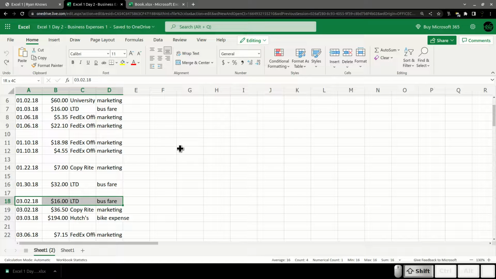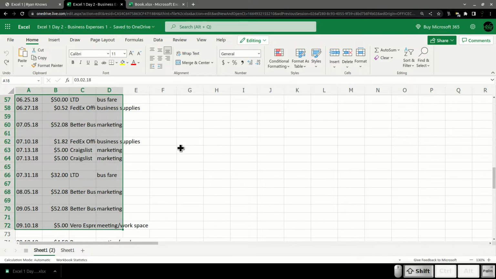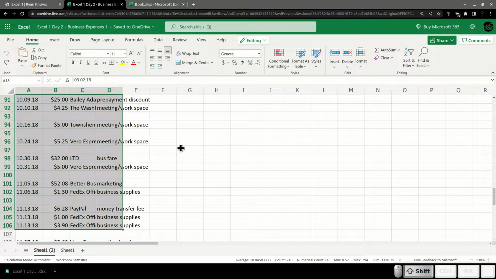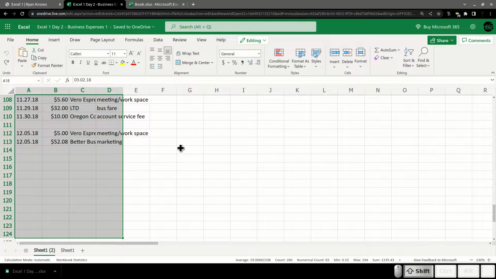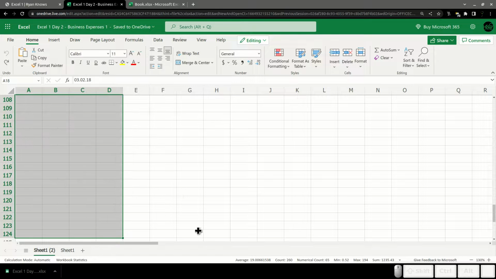So while I'm still holding shift, I could either arrow down and hold down the down arrow, or I could hold down shift and hit page down, which is a little bit faster. You can also just hit the End button, which should be up near the top of your keyboard. Since I've already arrowed down, it's not working. That's fine. Page down again, and boom, I've highlighted all of this stuff, and then I can right click and just go clear contents, and boom.